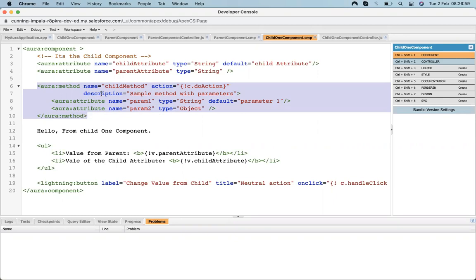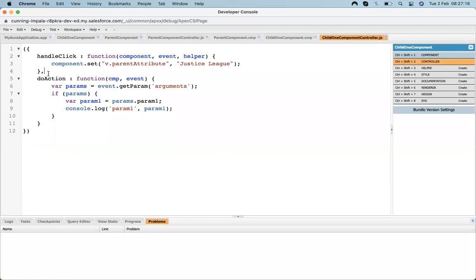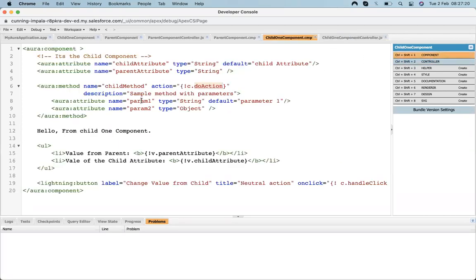Suppose I need to call a method of a child from the parent method. What I have to do is declare an aura:method. The aura:method has first the name, and second the action, or we can say the method that it will execute once it is called. And suppose I need to pass some parameters from the parent to the child.